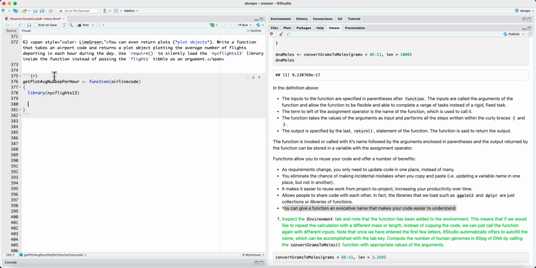It's good practice to actually load the package inside the function, because if it had not been loaded before and your function relies on it, you will get an error. Now, we could simply load the library by saying library and the name of the library. However, you've noticed how when we load libraries, we get messages,